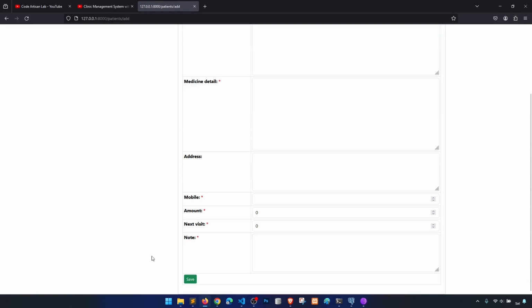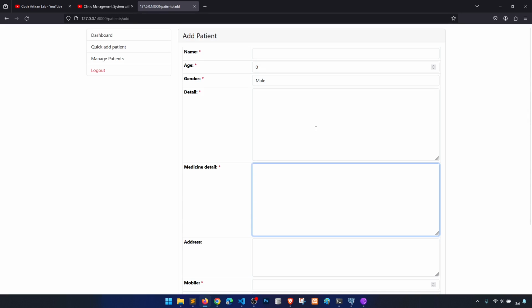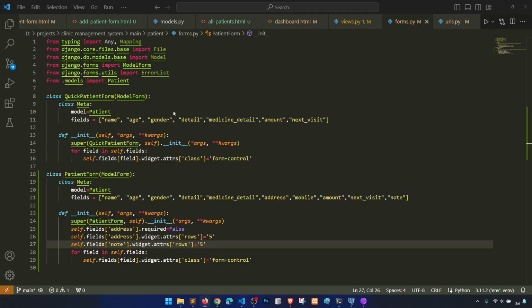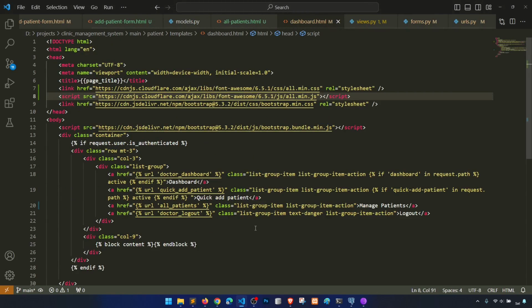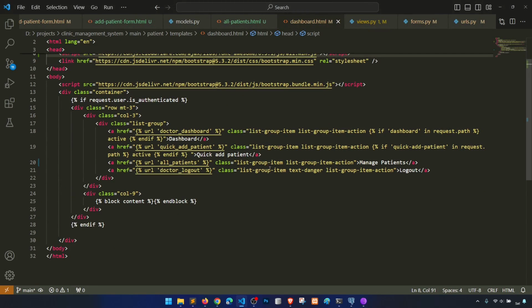Okay, so the note is small, correct? So this is our add patient form, and from the add patient form, if the user wants to go to the manage patients page, then he can go to manage patients, and yes, he can, but it is not highlighting. So what we need to do is add a condition here. If quick add patient,